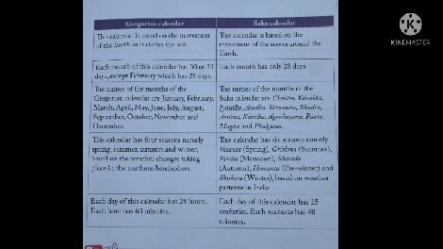The names of the months of the Gregorian calendar are January, February, March, April, May, June, July, August, September, October, November and December. The names of the Saka calendar months are Chaitra, Vaisakha, Jyeshtha, Ashadha, Shravana, Bhadra, Ashvina, Kartika, Agrayana, Pausa,